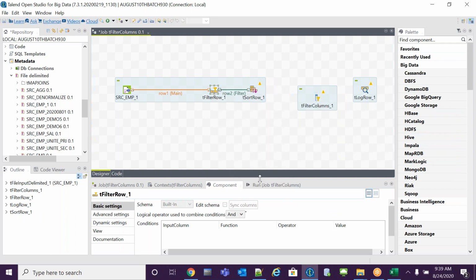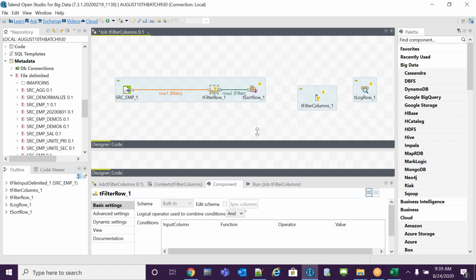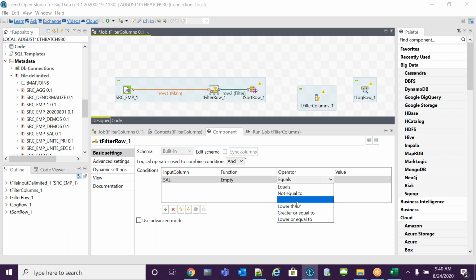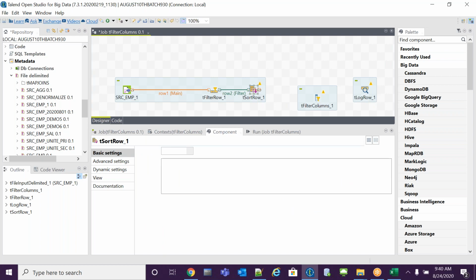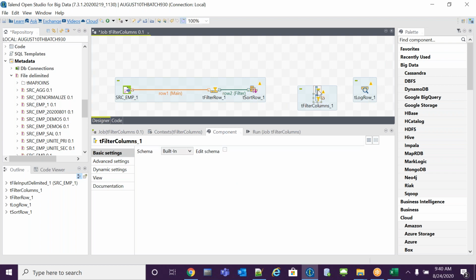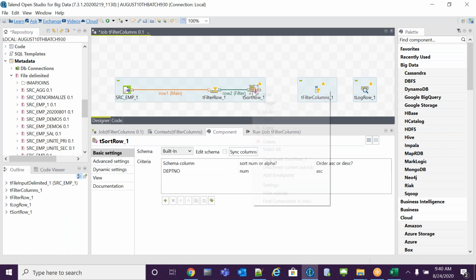In the tFilterRow, I will apply simple logic: salary greater than 5,000. And I want to sort the data by DEPT number in ascending order, but I don't want to view the DEPT number in my target.